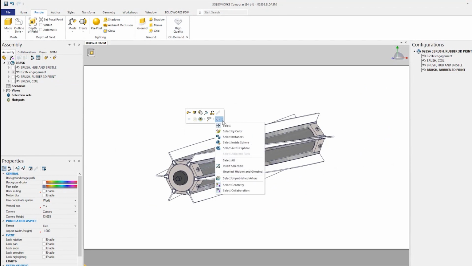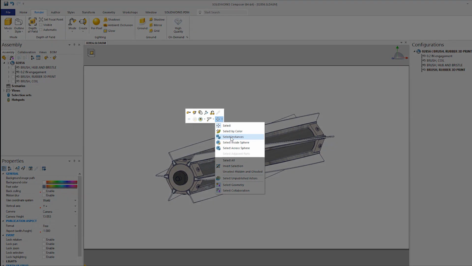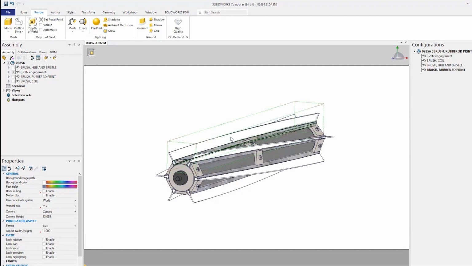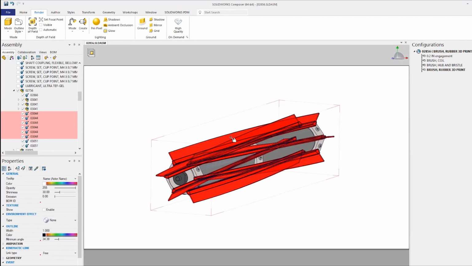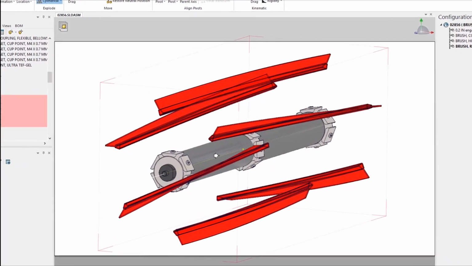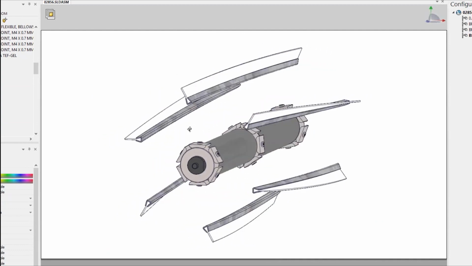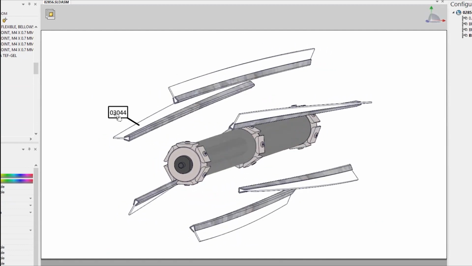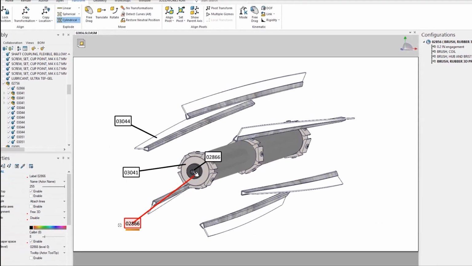Each variation of the cleaning head subassemblies needs its own exploded view. No problem. With SolidWorks Composer, from this view, all of these cleaning blades can be selected from the advanced selection tool in a single click. Using the Explode transform perfectly positions each blade, and finally, with predefined styles for callouts, all the part numbers and descriptions are automatically defined and formatted.